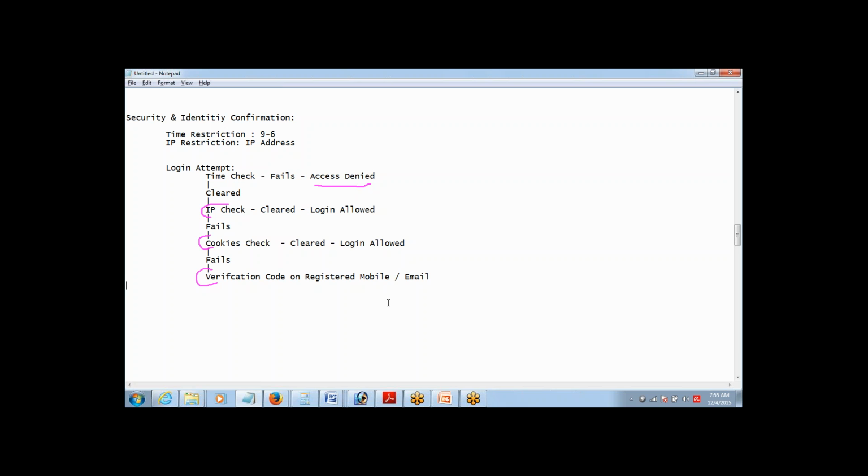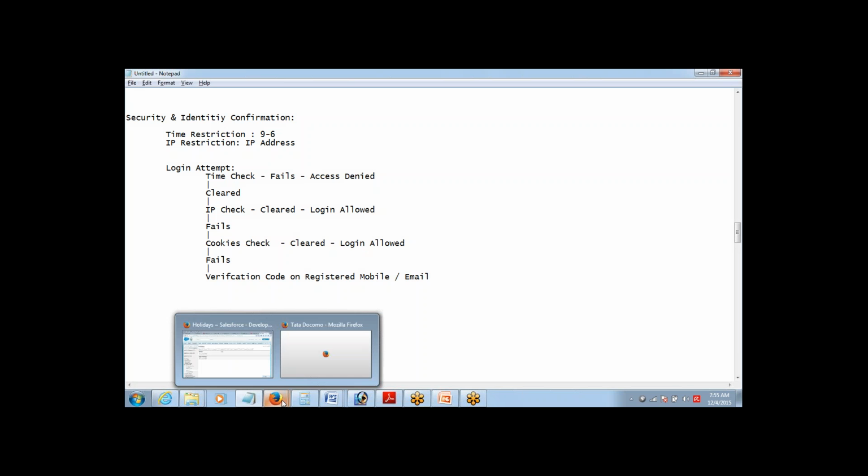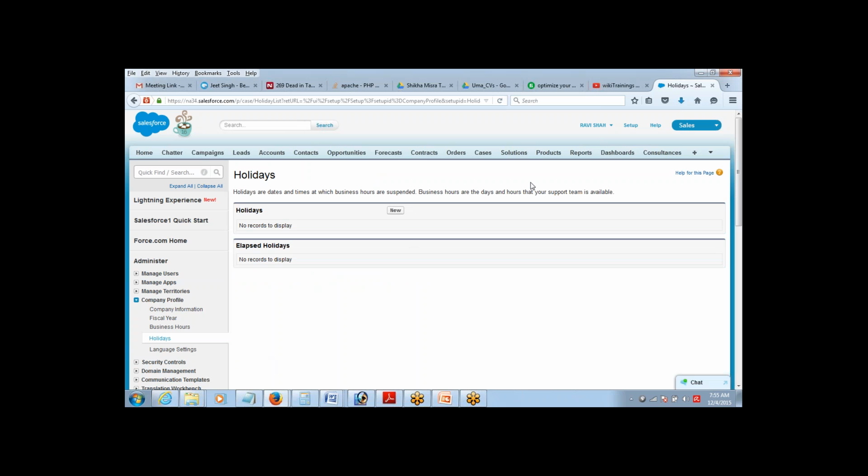Got it. So that's basically about our security and identity confirmation process, right? So that's what we will be covering today. We have talked about the basic setup. We have just done a bit of understanding about the Salesforce user interface. Then we talked about the personal setup, the company setup, and the security identity confirmation. So this is overall what you need to decide on initially